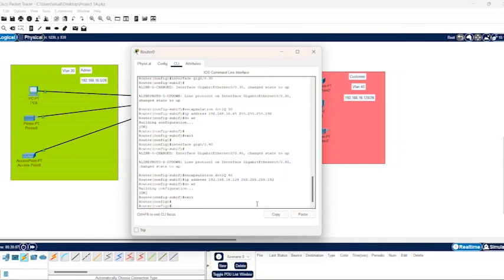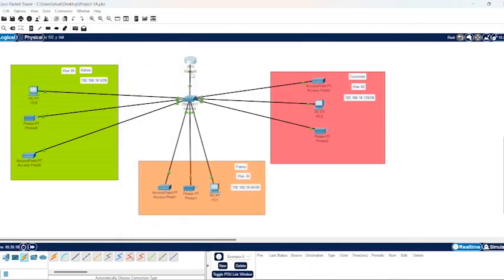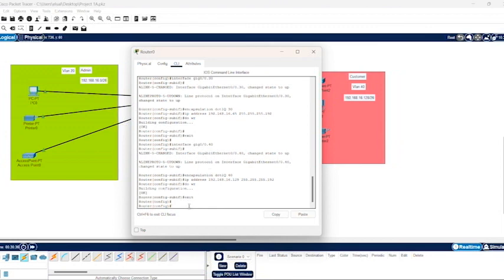We are done configuring inter VLAN routing now. We have created 3 sub interfaces from the single physical interface, gig 0/0. Now we are left with configuring the DHCP server on the router. We have done the major task, creating the 3 sub interfaces from a single physical interface. Now let's enable the DHCP